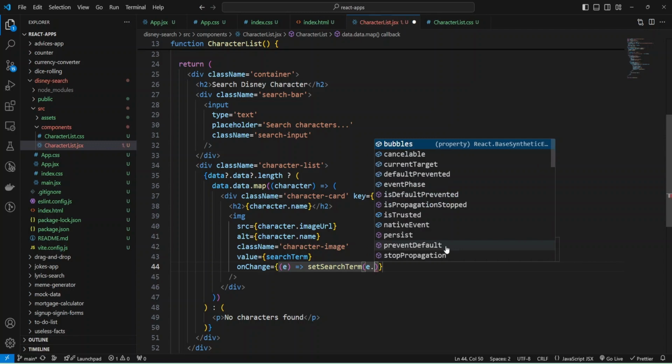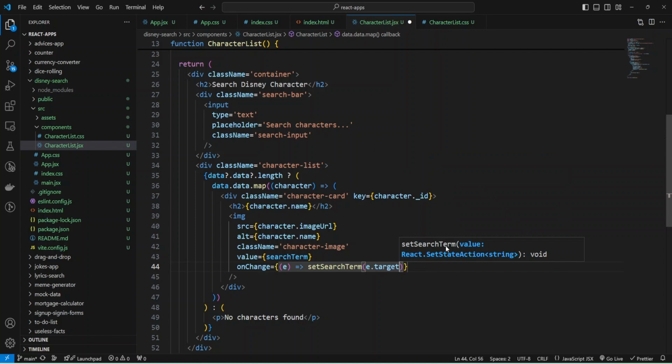It will have event target, and inside target will be value.